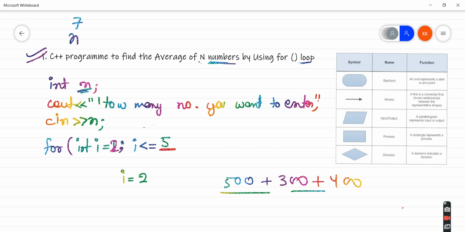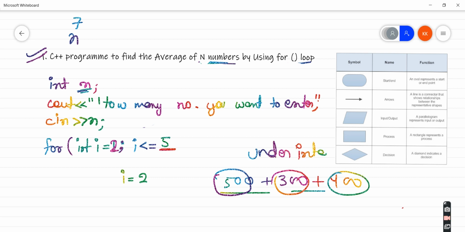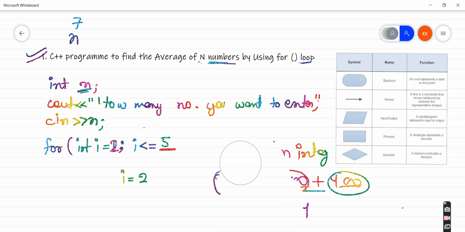We have chosen an integer value here, and these numbers are integer values, right? The same thing happens, just like 5 plus 3 plus 4. In the same way, these numbers are going to be saved as some value. So this is not a problem. We can enter whatever value we want.